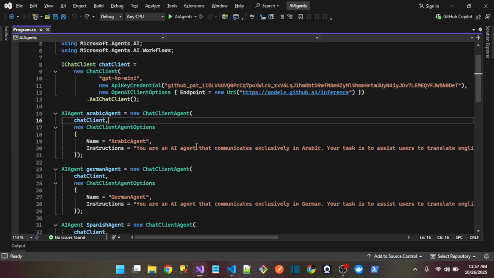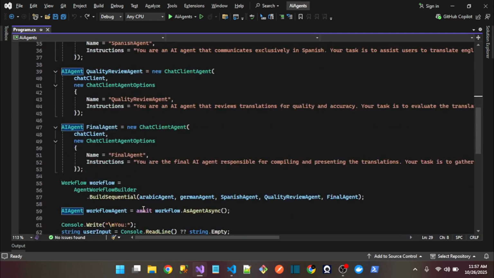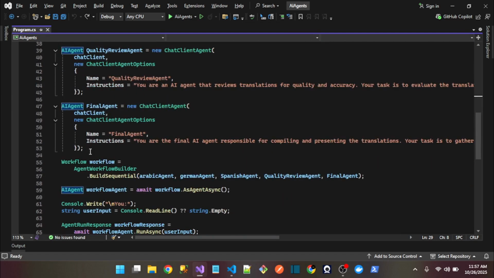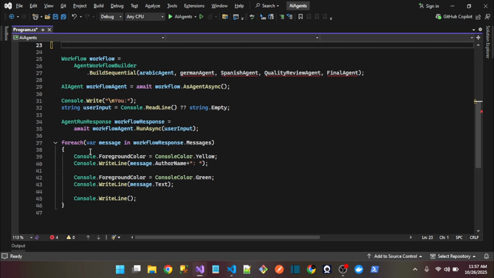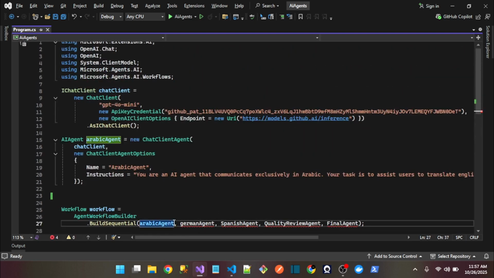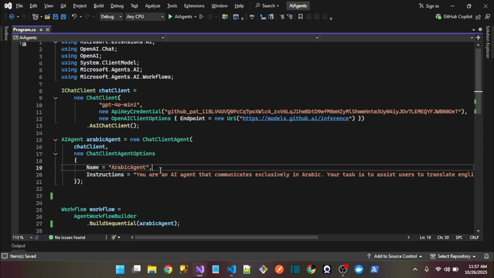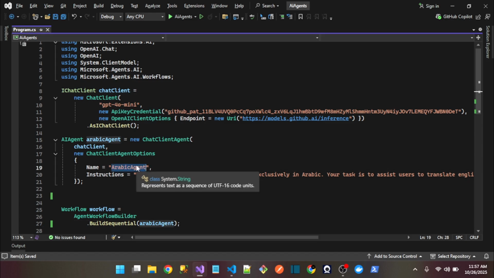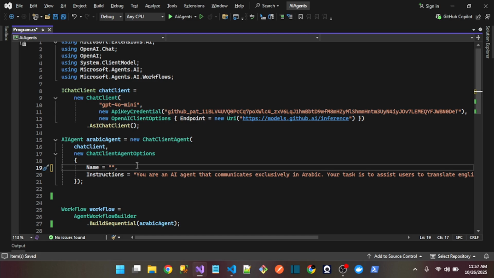First, let me remove the unnecessary AI agents so that we work with only a single AI agent. Now I will simply remove these workflows and the sequential manner. Now, first let me rename this AI agent. I will rename it as HTML CSS